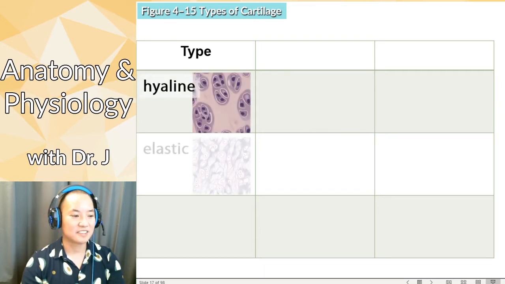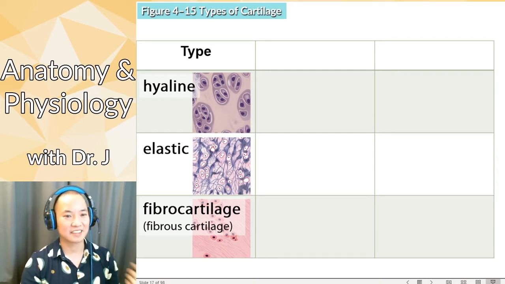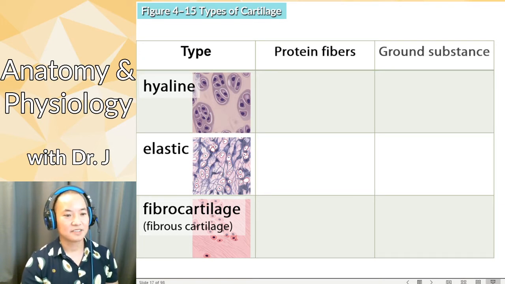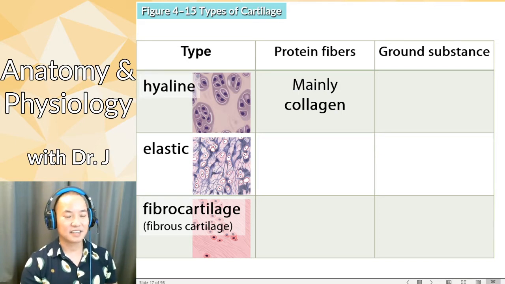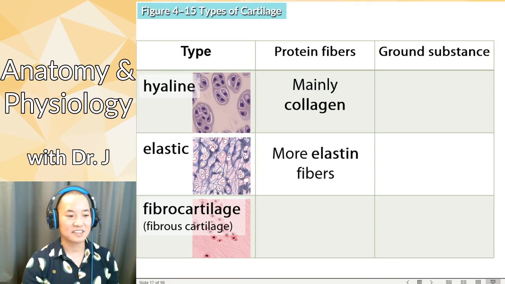So you have hyaline cartilage, and then you have elastic cartilage and fibrocartilage. So remember that, again, with extracellular matrix, you have protein fibers plus the ground substance. So what we have with hyaline cartilage is that you have mainly collagen. And again, I'm not going to ask you things like how much percentage is collagen. Again, it depends on where, but hyaline is, in general, mainly collagen. The ground substance, or elastic cartilage, you have more elastin fibers. So this is a big difference between hyaline and elastic. They're both pretty tough, but hyaline, you have more of that tougher collagen, and elastic cartilage, you have more of